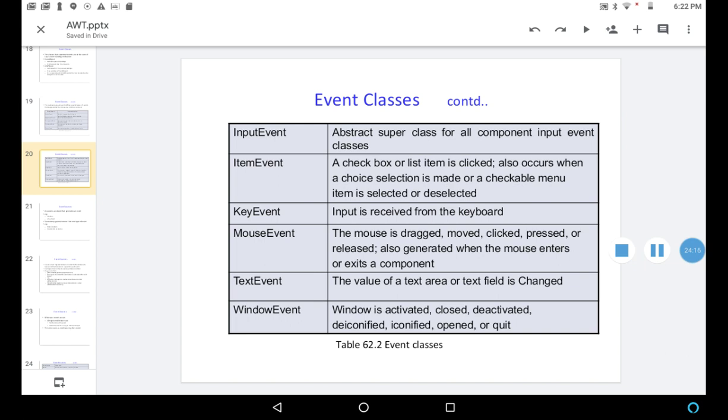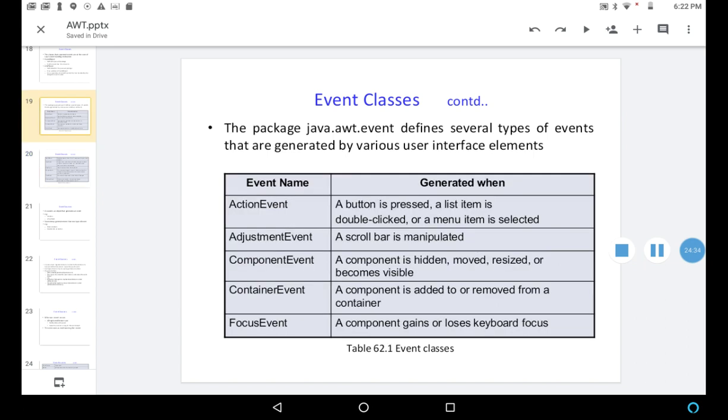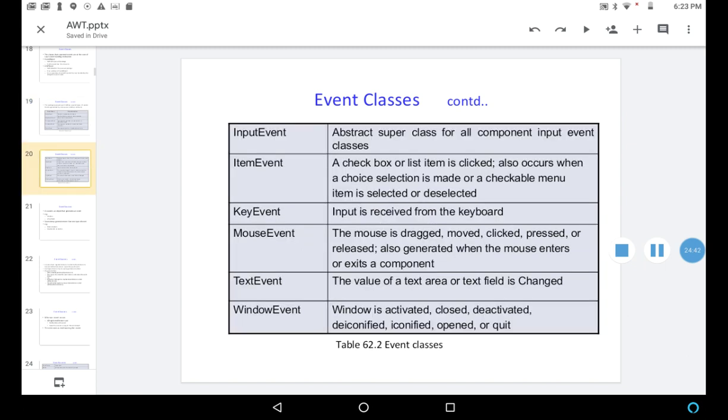WindowEvent: if the window is activated, closed, deactivated, deiconified, iconified, opened, or quit. So these events are generated when these things happen in the window.